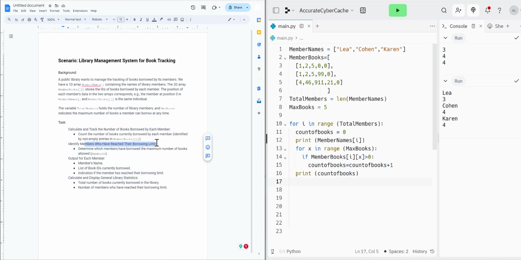Identify members who have reached their borrowing limit. So if anyone's got the maximum number of books, we need to say that. So let's say that, not Cohen, he doesn't read that many books. Let's say Karen. What we're going to do now is, whilst we're going through, or actually at the end, if